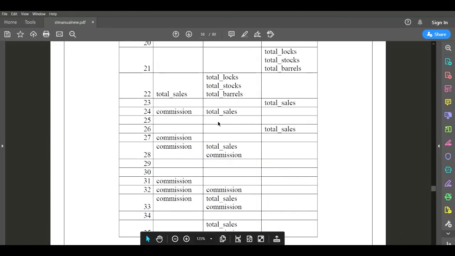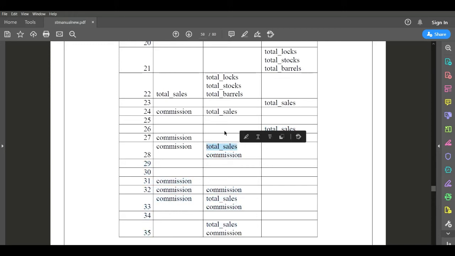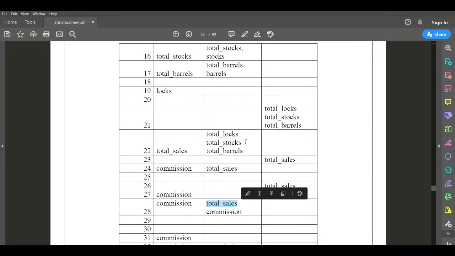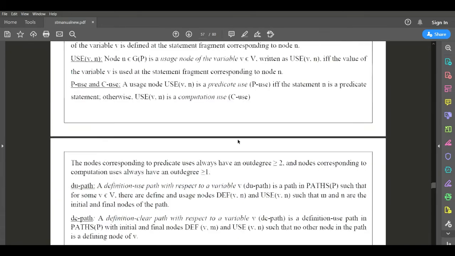Go to line number 26, this is the predicate usage, and 28 is the computation usage, correct? You can see total sale is defined. Here it is used as a predicate usage, here as a computation usage. Next time here as a predicate usage, and next time here as a computation usage in line number 28.